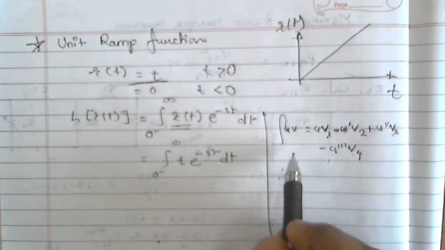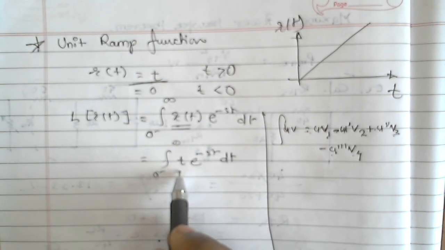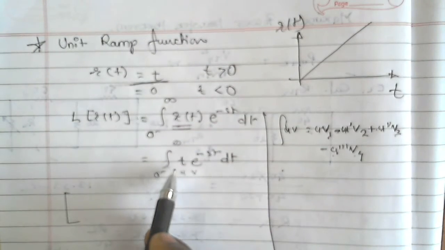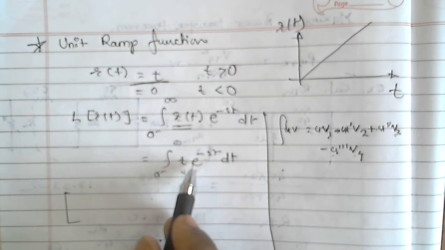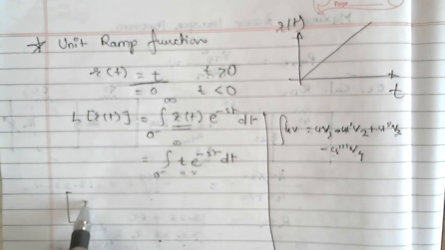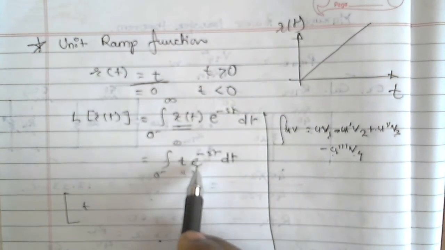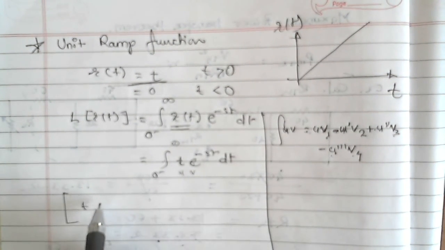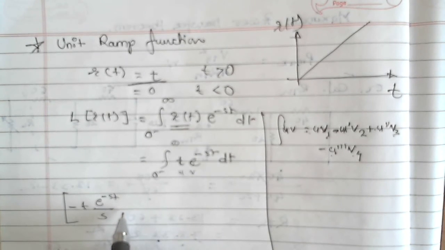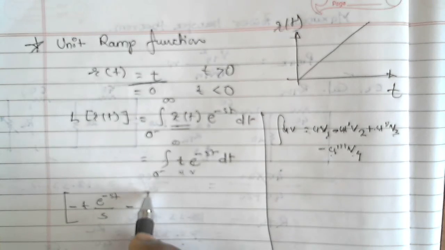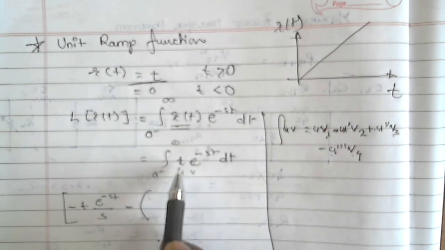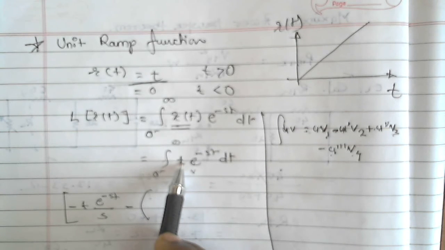So similarly we have to consider this u, this v. Okay, so when you write this, you will get the answer as, first is u into v1, that means t into the integration of e raised to minus st. So the integration of e raised to minus st is e raised to minus st divided by minus s. I'll write minus here. Okay, minus. Then the second is u dash, so the derivative of u. So here the derivative of t, right?